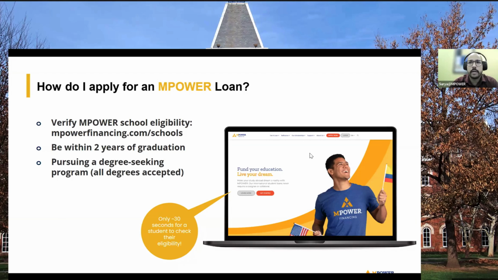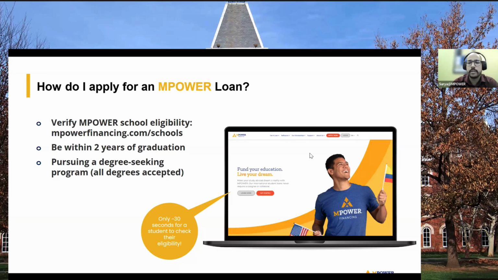So one of the important eligibility criteria here is that if you are planning to do a master program, most of the master programs are considered eligible because they do get completed within 2 years timeline. But for example, if you are seeking a bachelor program right now, that means you would have 4 years to complete your program. So in that circumstance, we may not be able to assist you initially, but when you are in your final 2 years, definitely you can apply for your education loan.